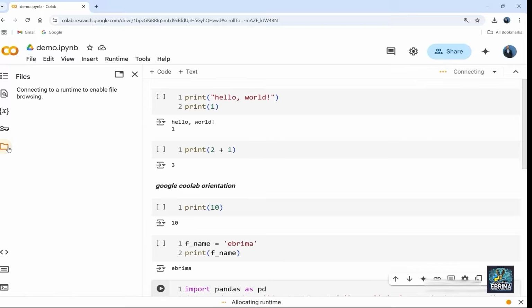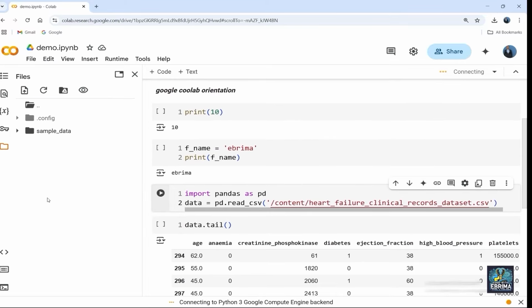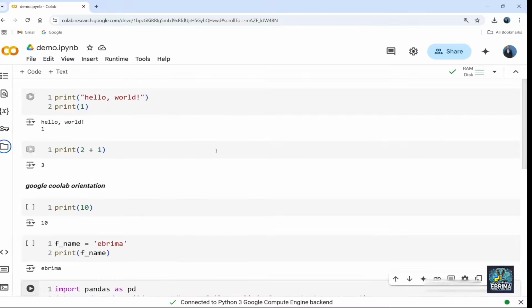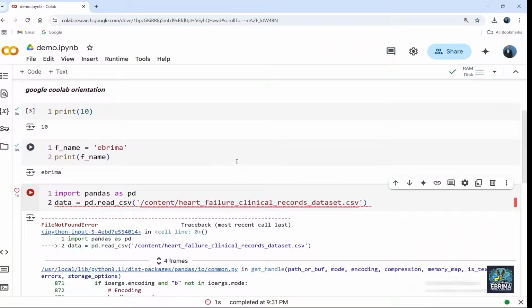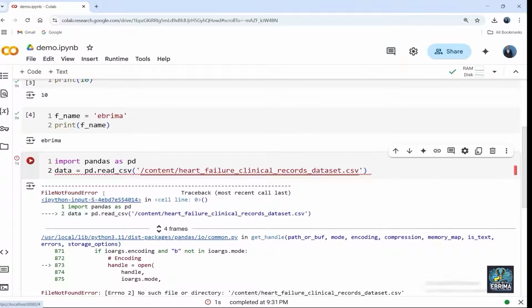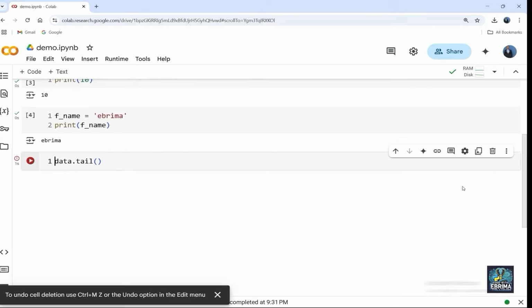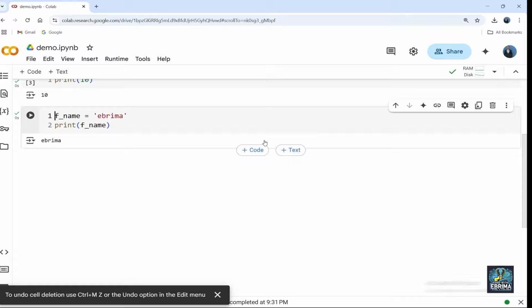If I come here, you can see even the data set that I had here is no longer accessible. So now I can come back here again. For example, the runtime here, I'm going to run all, and now we are going to have an error here. Why do we have an error? It's telling me file not found error. Why? Because this is no longer existing. So now I don't need it, so I'm just going to delete that. This is important to note.